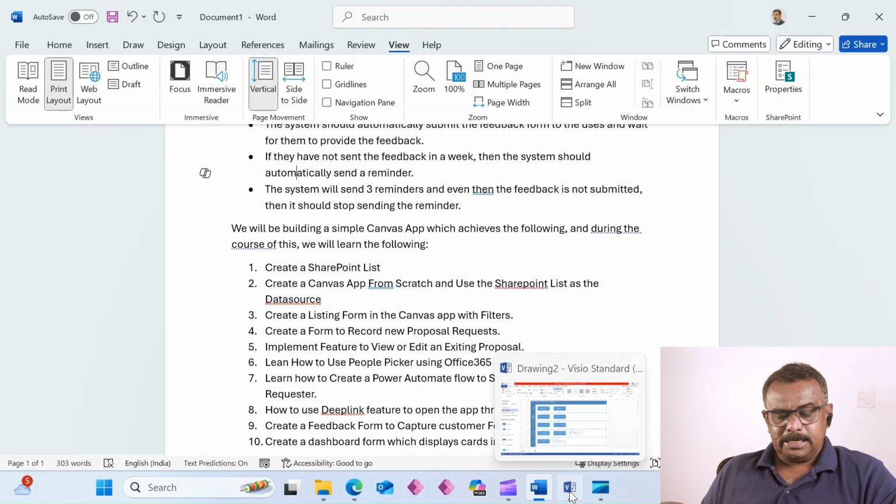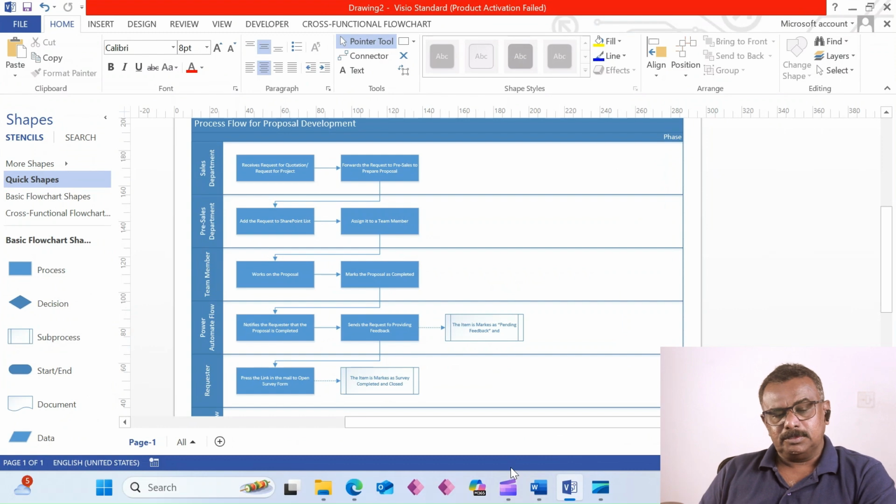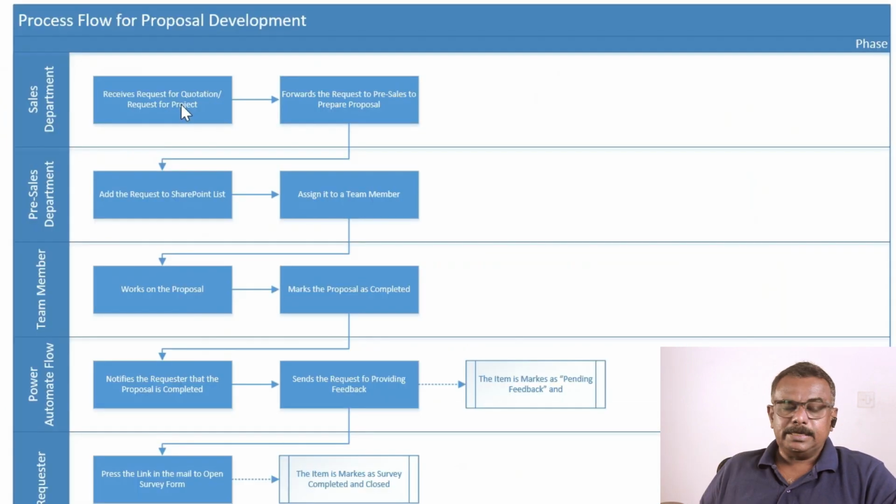Let us take a simple flow diagram so that we understand it very well. An order is received, and once the order is received, it is forwarded to the pre-sales department. In the pre-sales department, one dedicated member, it may be the manager or one of his assistants, will add this data into the SharePoint list and assign it to a team member to work on. The team member works on the proposal, and once the proposal is prepared, he marks this particular list item